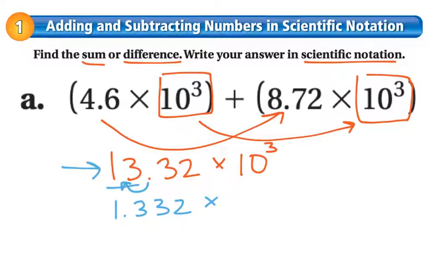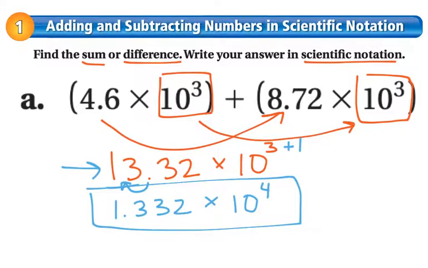Since our factor lost an entire place value, we need to add that same number of place values to our exponent. So we only had 10 to the third power. Since we lost one in our factor, we're going to add it here to the power and end up with 10 to the fourth power. So when they have the same power of 10 to start, we're just going to add the decimal factors together and go from there. In part B,